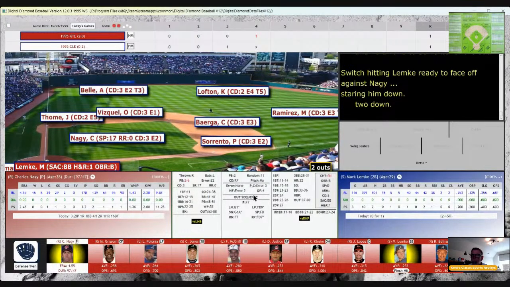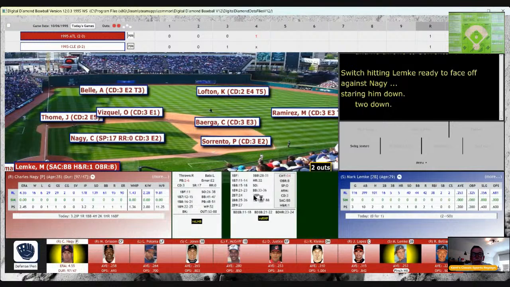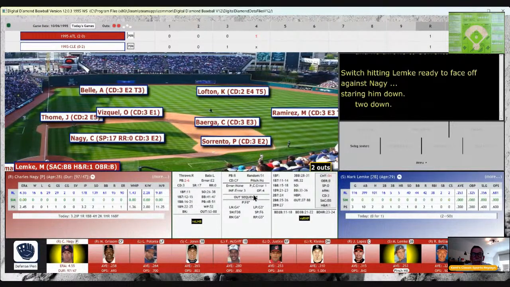Mark Lemke coming to the plate. Will be on Nagy's card. 51 is a passed ball, but nobody's on base, so just take that as ball 3, and we'll re-roll. Still on Lemke's card.